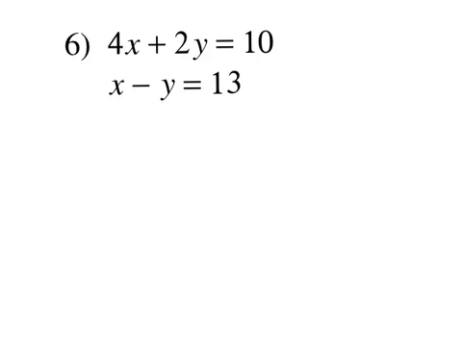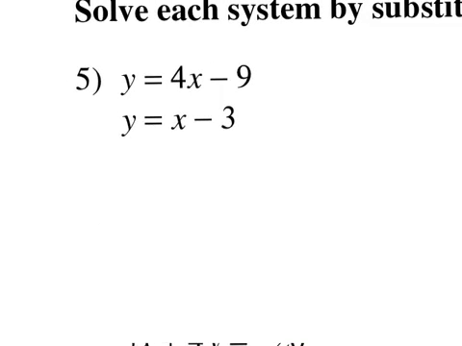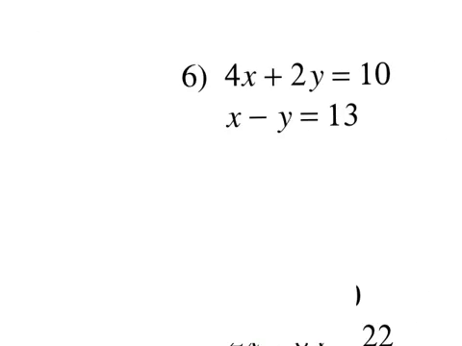When you're solving systems of equations using substitution, you need to get one of your variables alone and then substitute it into the other equation. Now that's not always going to be easy, because you're not always going to be given a variable by itself on one side of the equation like you were with number 5, where you had two variables by themselves. But if we look at number 6,